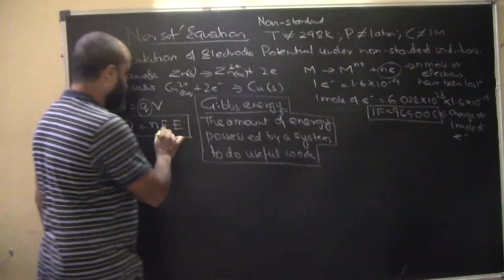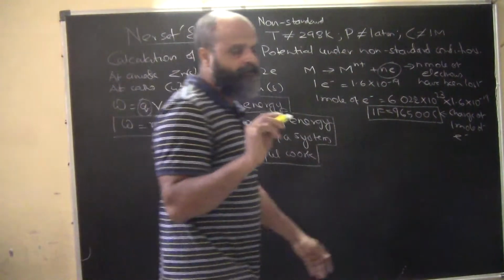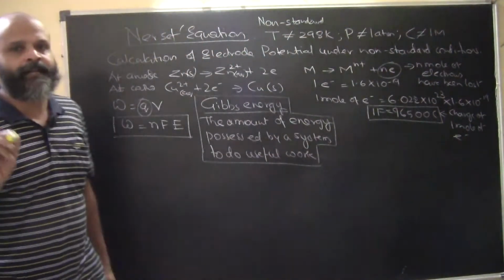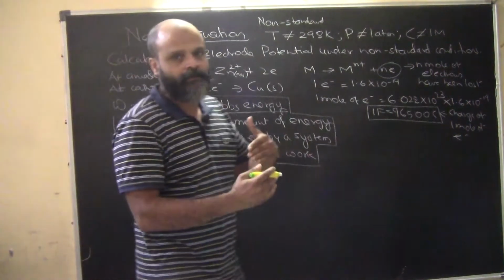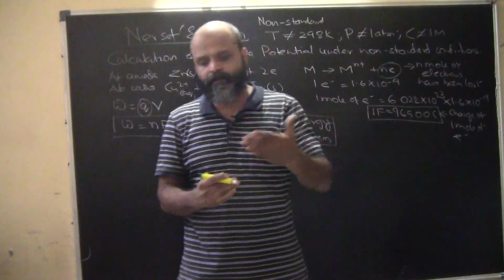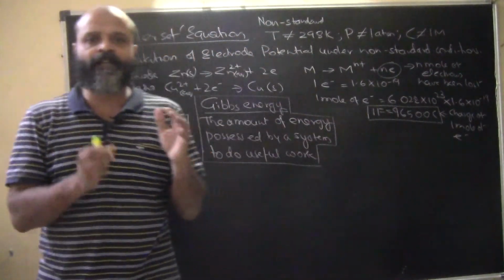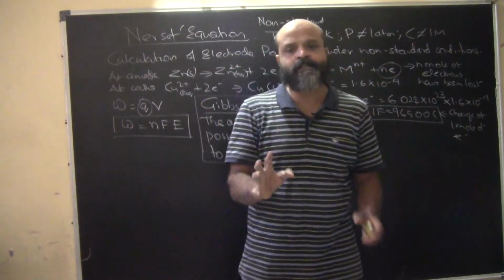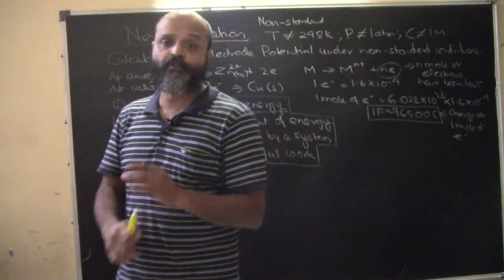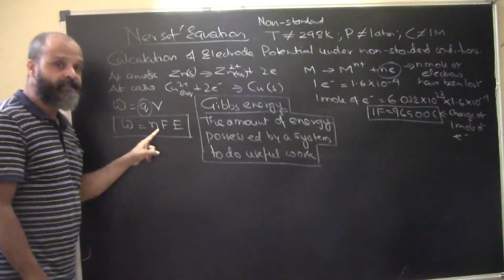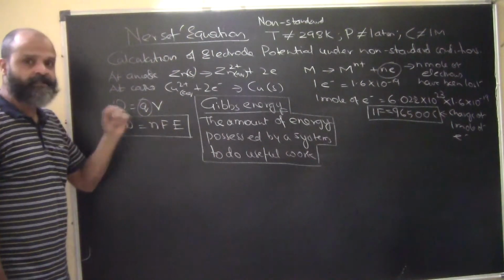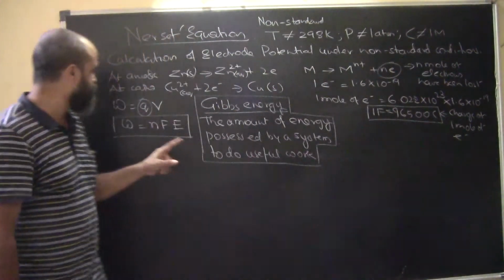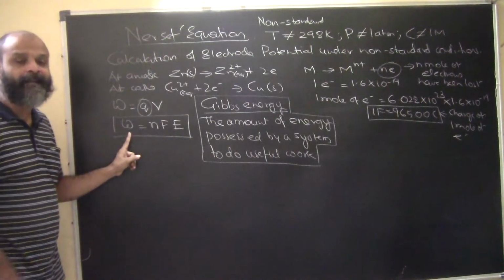Now, is this useful work being done? See, a system will always have a higher amount of energy than the Gibbs energy. The amount of energy that is more than the Gibbs energy is the amount of energy required to maintain its stability. Gibbs energy is the energy associated with useful work done by the system. If the system is doing work, then obviously Gibbs energy is going to go down, because this amount of energy is being spent by the system.